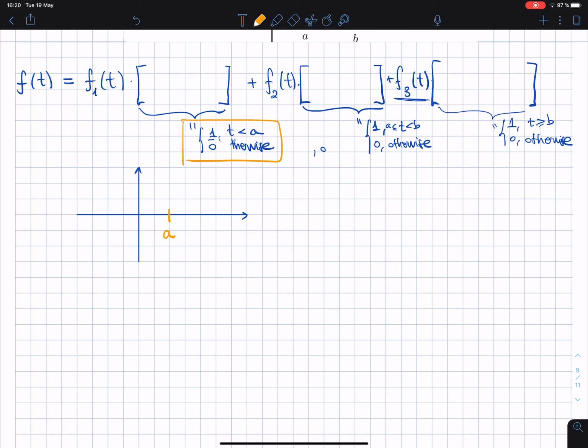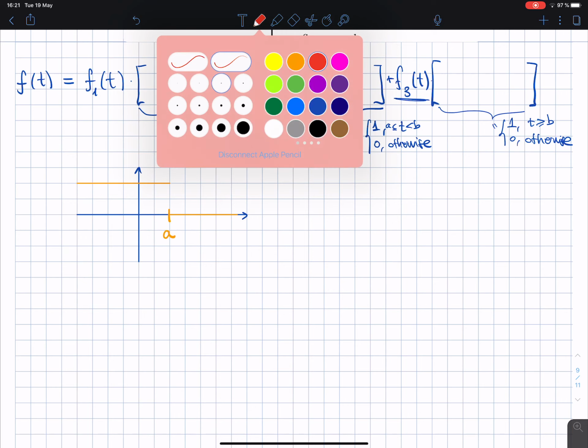T smaller than A should be equal to 1. And then it should be 0 everywhere else. Okay, this looks a lot like the Heaviside function, but it's not exactly equal to the Heaviside function because the